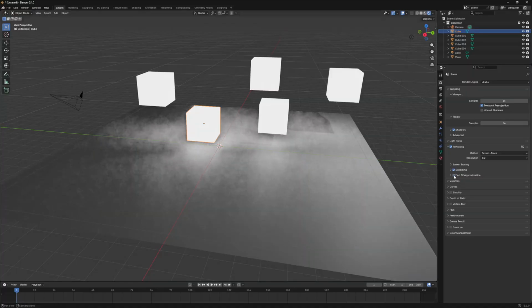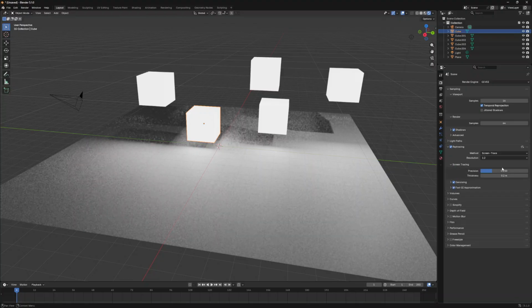Now you can come down here and change all your settings to make it more accurate to what you will need for your scene. But yeah, that is the basic setup of having your objects emit light in Blender in